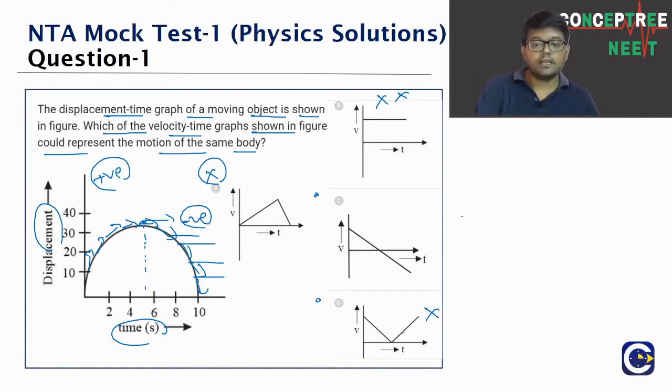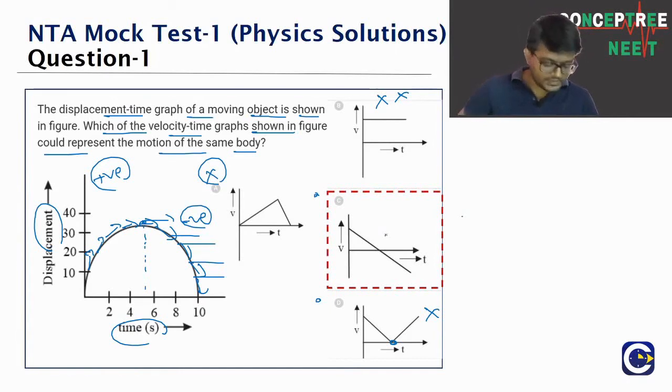Why? Because here again, once the velocity is becoming 0, the graph is showing the velocity is increasing, but it cannot be the situation. What is the correct option, guys? Look at this. Option C will be the correct answer. Correct. So what is happening? Up to t equal to 5 seconds, the slope is decreasing till it becomes 0, and then it is increasing but on the negative side. Clear, guys? So this is how we will have the velocity